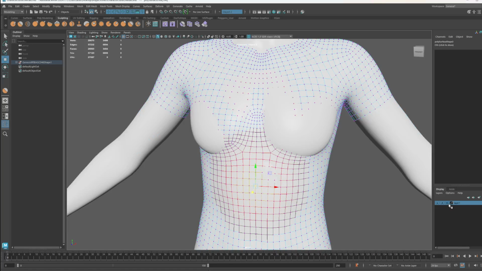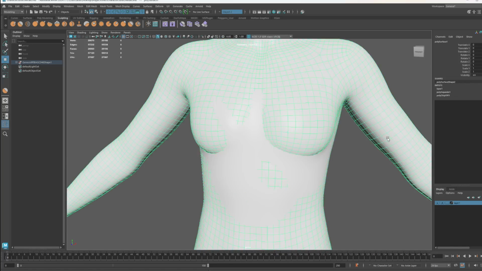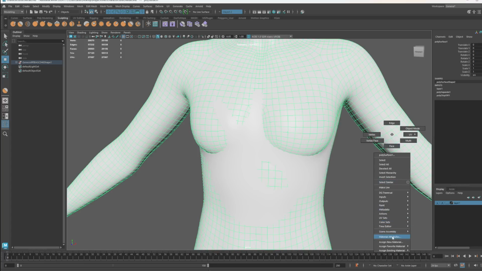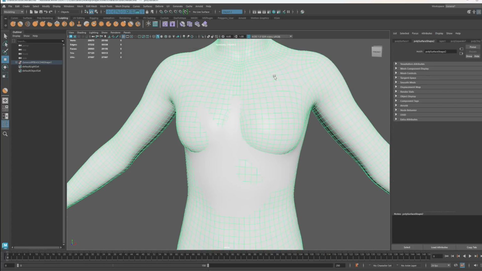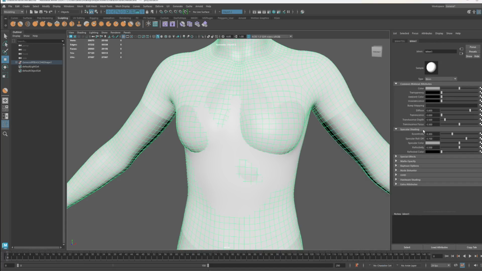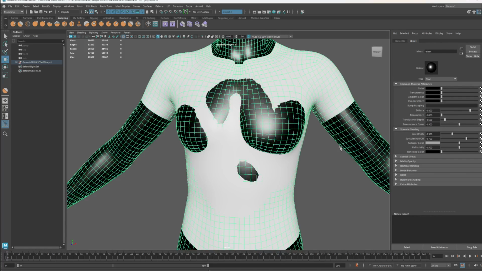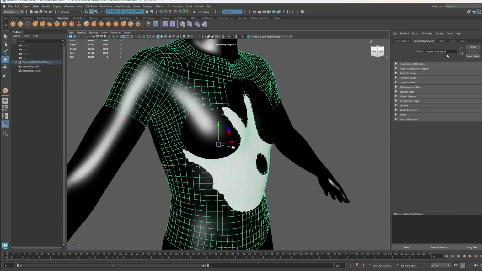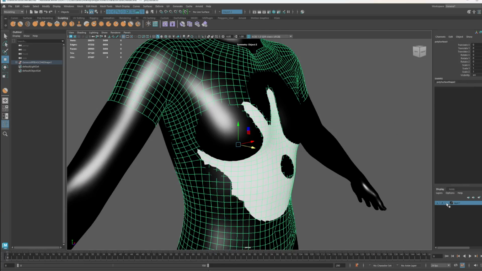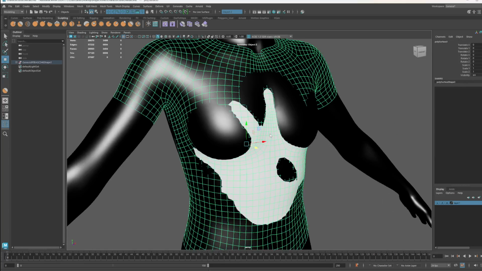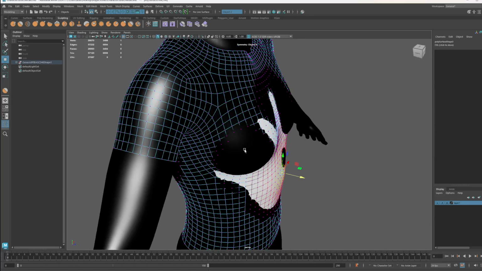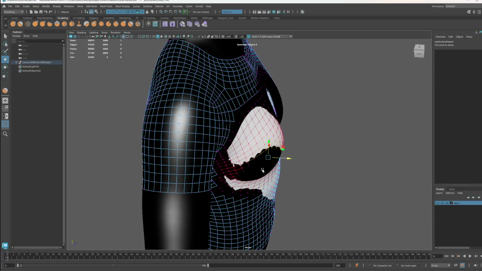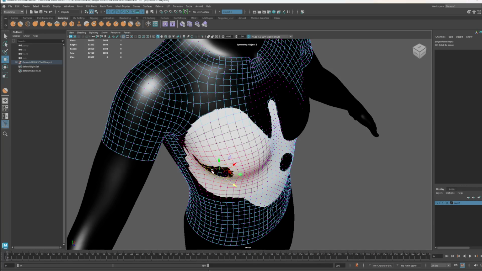The other thing we can do to make this a lot easier to see is take this material. You can do the same thing in Blender and assign a new material to it, and we're going to make it like this so I can see clearly. I can see this so clearly, and I can't select it. Okay, so now we can go back to this and start getting everything out, just making it work.